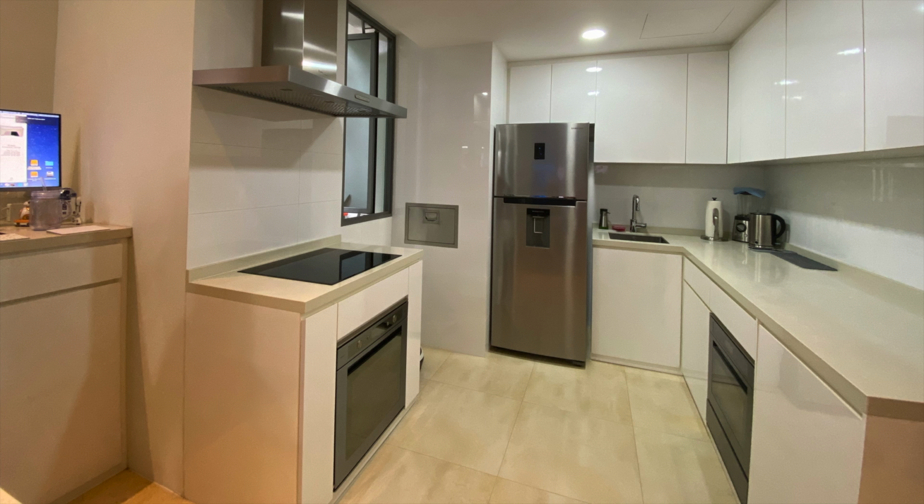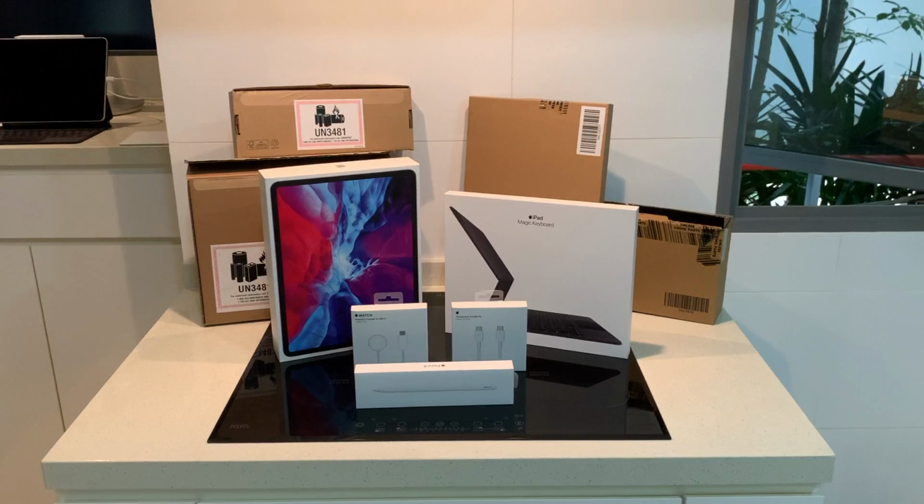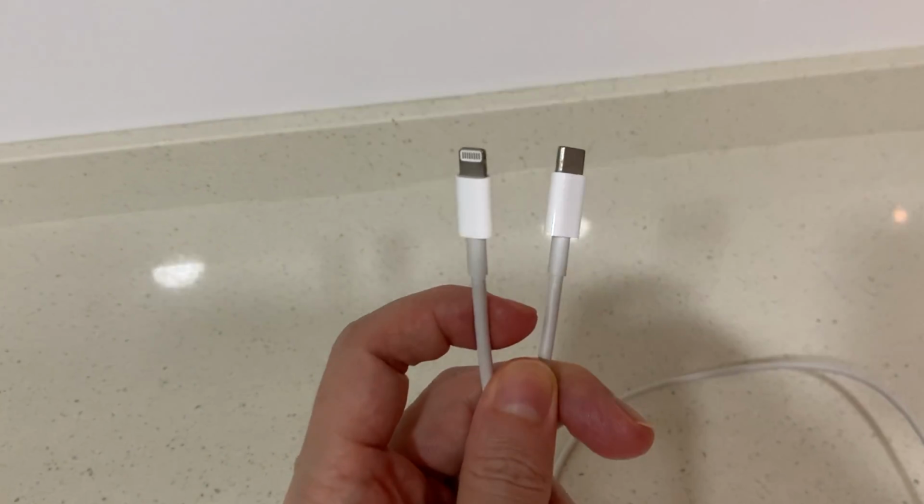XS Max. Now let's take a look at the 2020 iPad Pro on wide. And as you see, it pretty much captures the same width. The color's a bit richer, which means I believe that the 3 camera for the iPhone Pro is a bit better for picking up more accurate color. The iPad is good with its wide and normal aperture, but it's missing the zoom in that the iPhone Pro has. I wanted to remind you, make sure you get a Lightning to USB-C cable if you want to connect